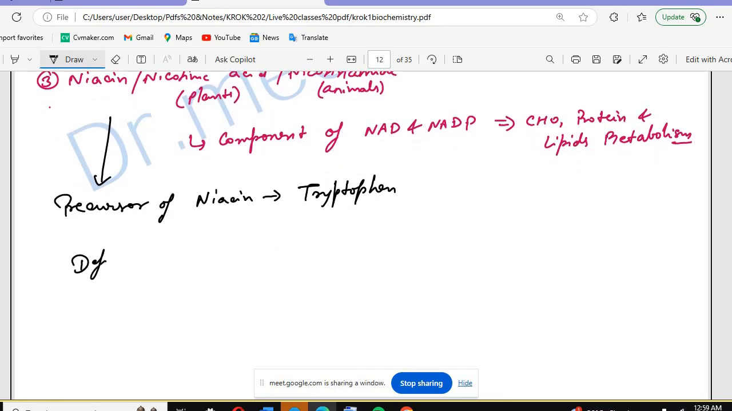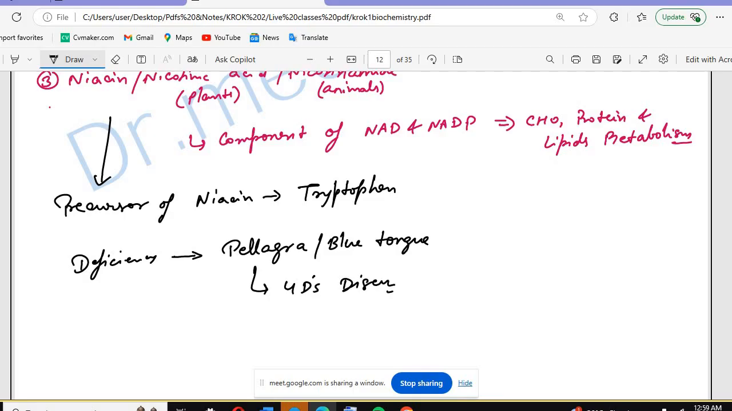Remember the deficiency of vitamin B3 will cause black tongue in dogs, and pellagra, or we also call it blue tongue. Pellagra, remember, is the 4D disease. What are the 4D? We have diarrhea, dementia, disability,